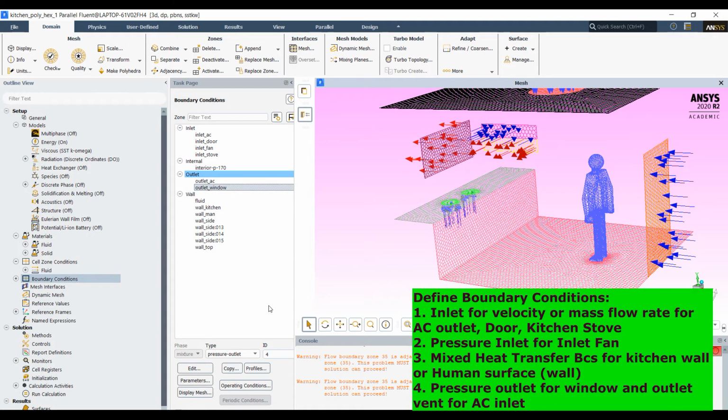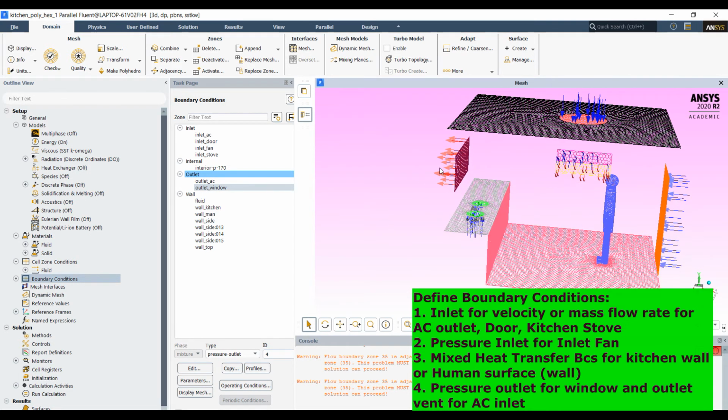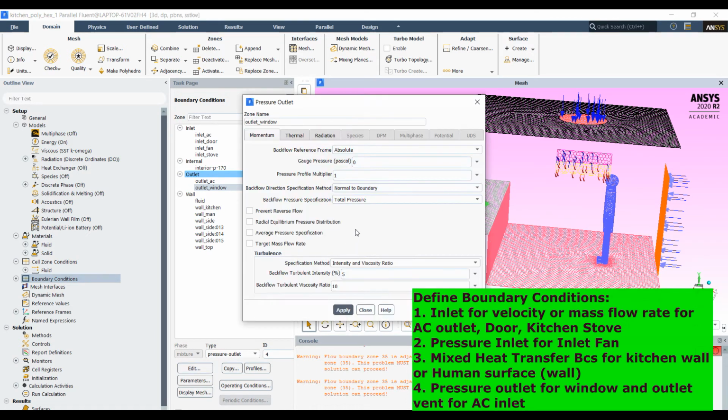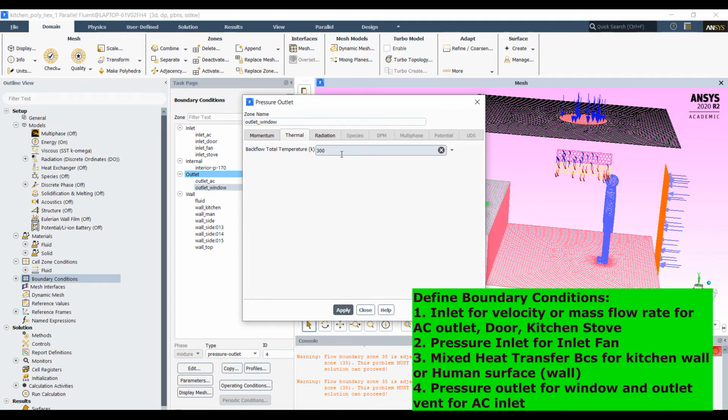For the outlet of the window, I am giving a pressure outlet and defining zero gauge pressure, because the window is maintained at ambient pressure. Intensity ratio 3, viscosity ratio 5, backflow temperature 300 Kelvin. Radiation, I'm giving an internal emissivity of 1. Apply.